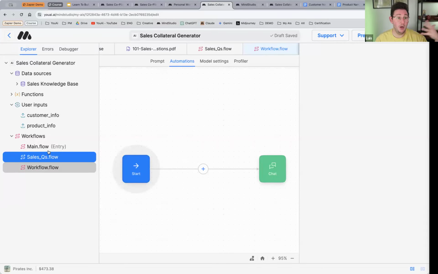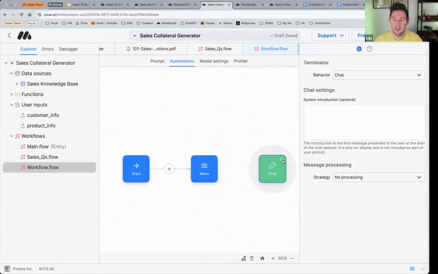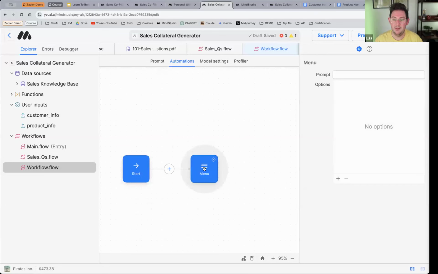Because let's say we want one to make sales collaterals, and we want one to ask sales questions. We can do that very easily by simply adding a menu. We can delete this terminator block, and then we can set up the menu. What do you want to do? And then we'll add options similar to how we added options for our